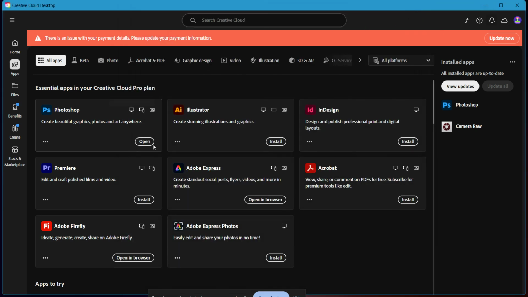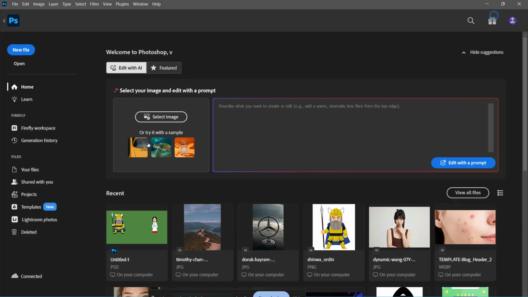Now, if the error is happening right on the splash screen or during startup, the next best fix is to do a safe launch. This helps bypass bad fonts, third-party plugins, or something broken in the startup load. To do this, hold down the Shift key on your keyboard, then double-click the Photoshop icon while still holding Shift. Keep holding it until Photoshop prompts you with a message asking whether you want to skip loading optional and third-party plugins. Click Yes. This step is especially useful if Photoshop was working before, but suddenly started crashing or showing startup